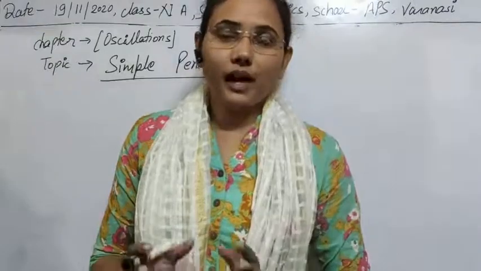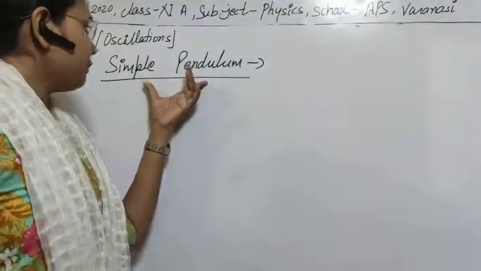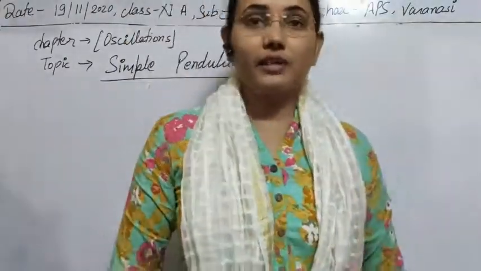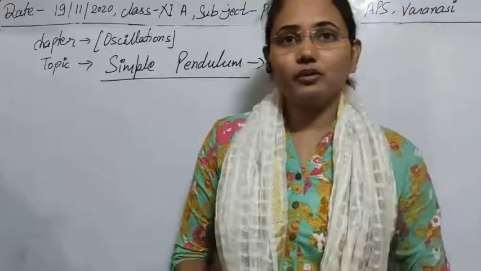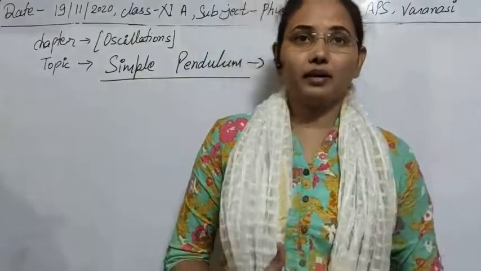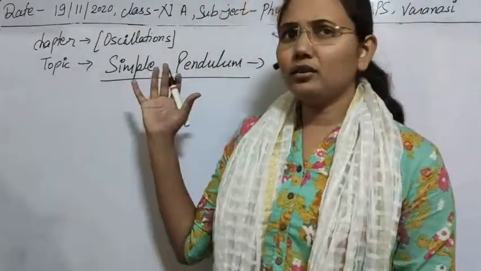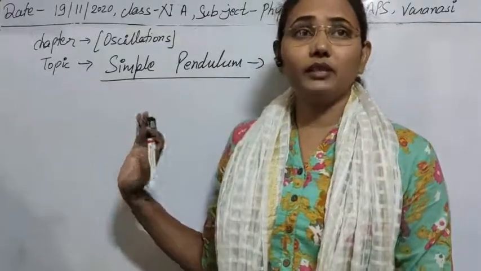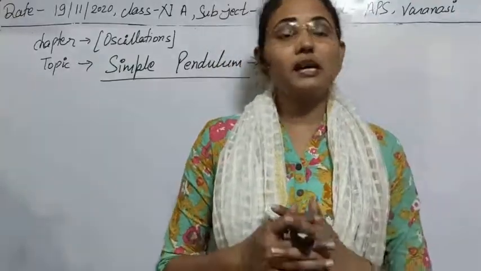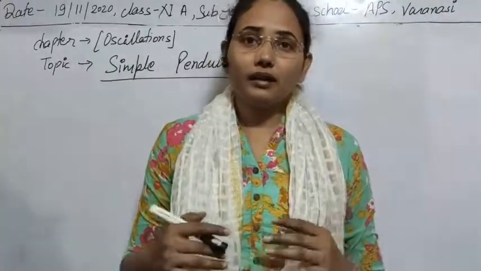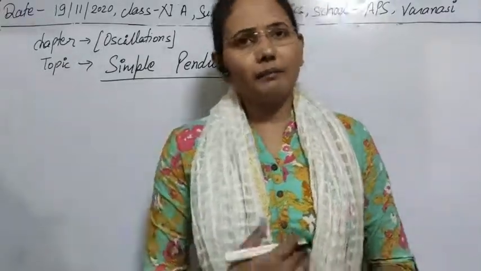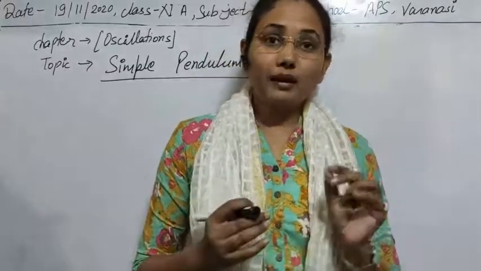So the next case which we have to study is the case of simple pendulum. As I have told you, there can be a number of examples based on the simple pendulum, so we have to study all those cases here. Then, which types of bodies can perform as a simple pendulum? The simple pendulum is the one which executes simple harmonic motion. As you know, simple harmonic motion is an ideal type of motion, where we are taking the case of free oscillation. So the ideal simple pendulum can be defined as a heavy point mass.